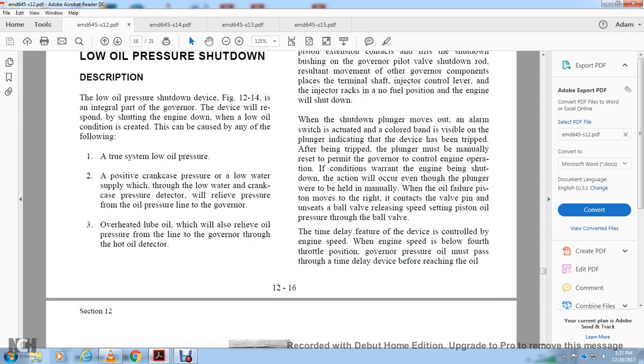Or when the shutdown plunger moves out of the alarm switch with the actuator with the color band visible, the plunger indicates that the device has been tripped. After being tripped, the plunger must be manually reset to permit the plunger to control the engine operation. With the condition of the engine warning, the engine may be shut down, the action will occur through the plunger